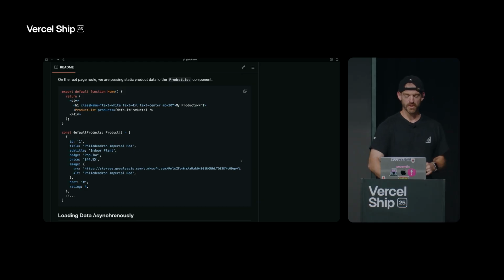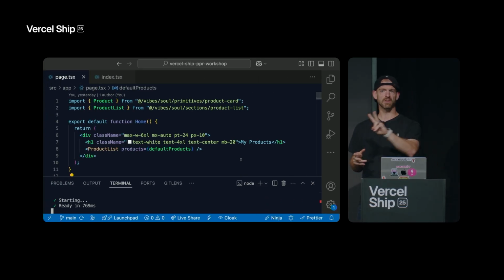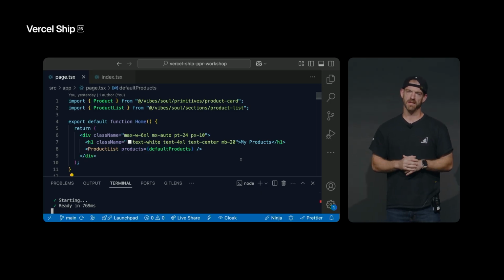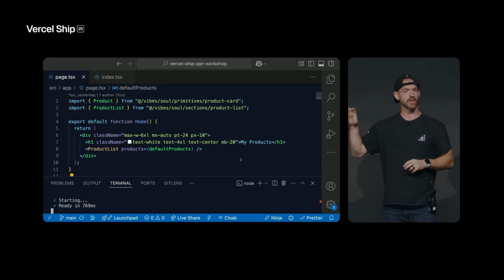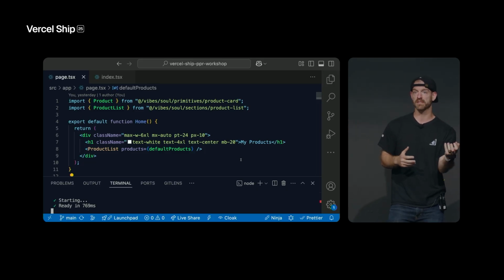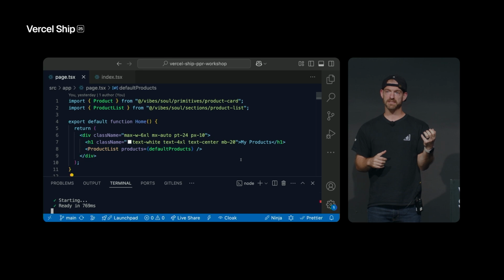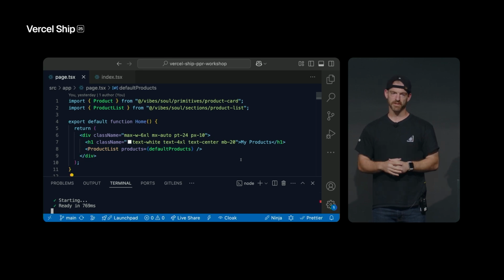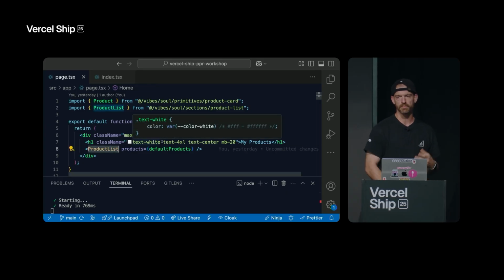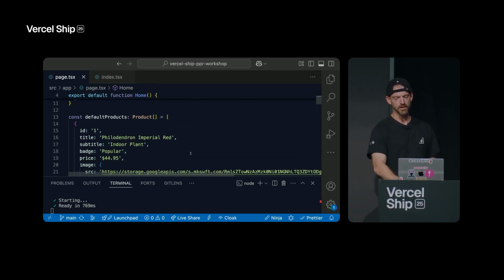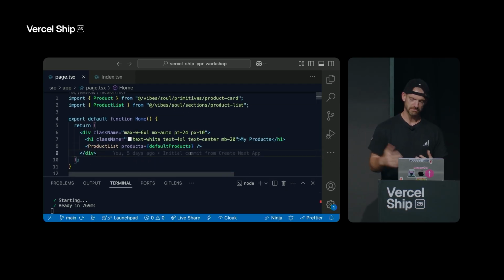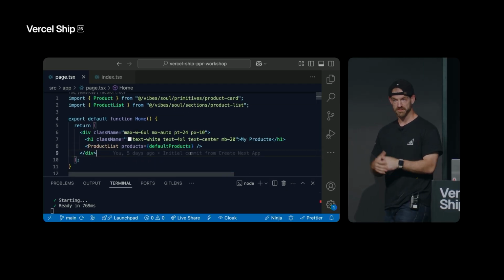So let's go ahead and look inside of the source code. We have two files that we're really going to care about, and these represent the two different aspects of the library, or the component within this library, that we're building, and the person that's using that component. Inside of our page.tsx file, this is just the root page component, we are referencing this product list component. In this case, we're passing it a static list of default products. This is all just dummy data that we pass to that component, and this component probably does what you expect, which is just to render a list